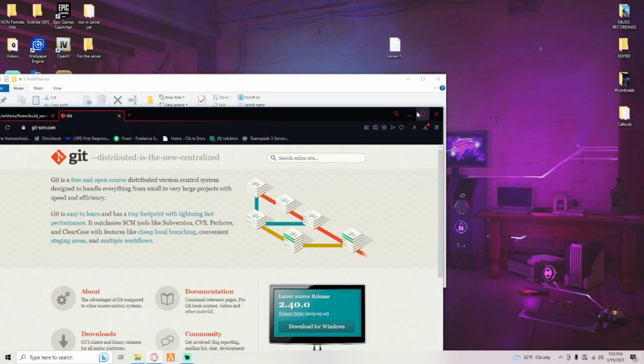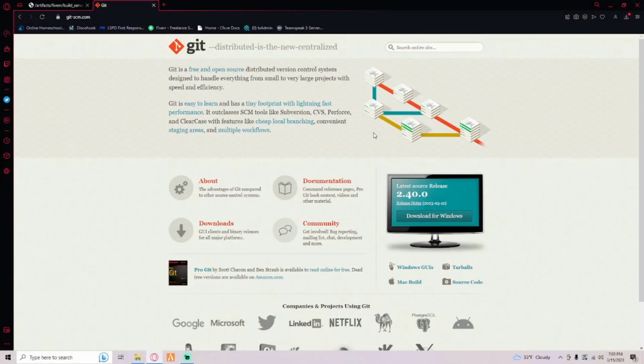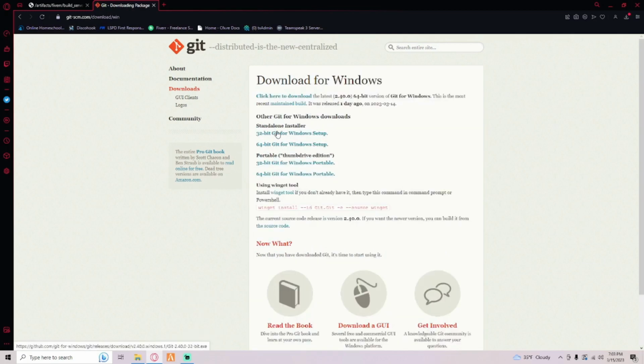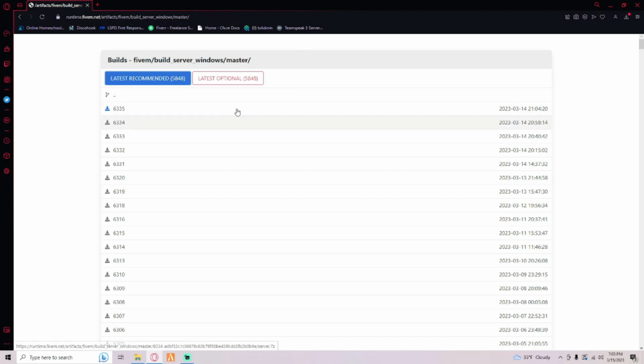Yeah, you want to go right here, and then click Downloads, and then click Windows, and then click whichever one, 32 or 64, any of these here. Sorry, guys. And then after that's installed,